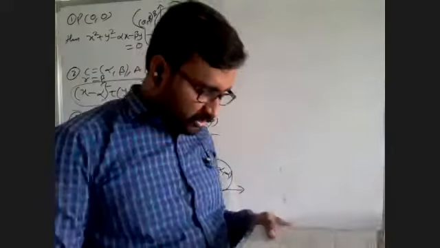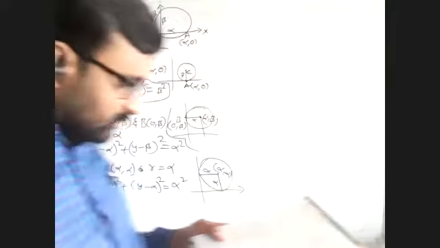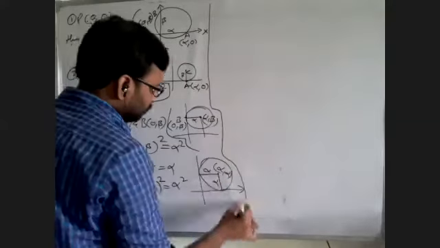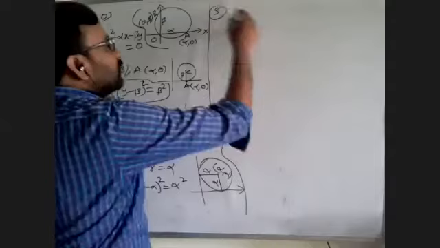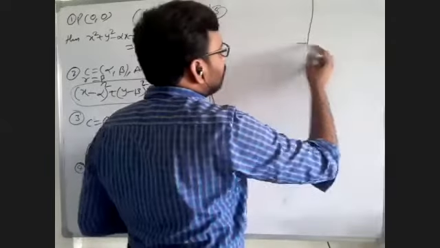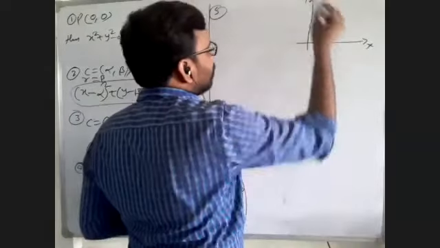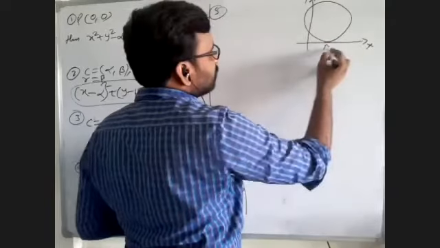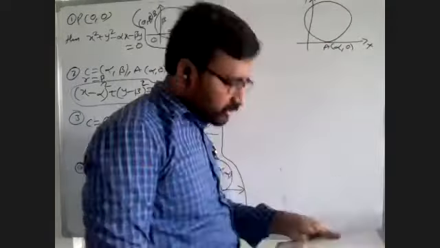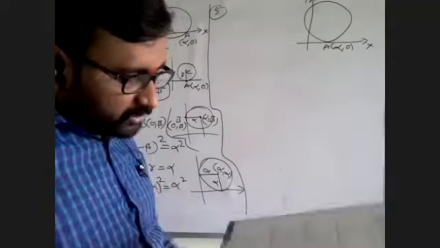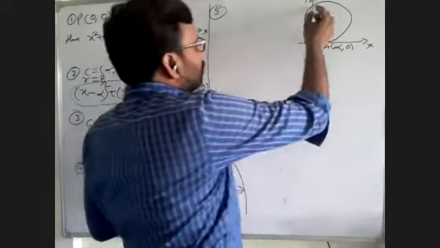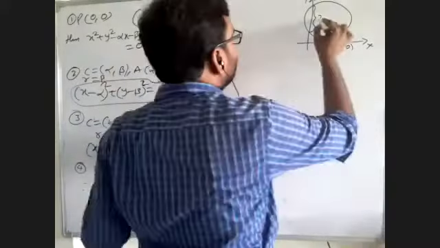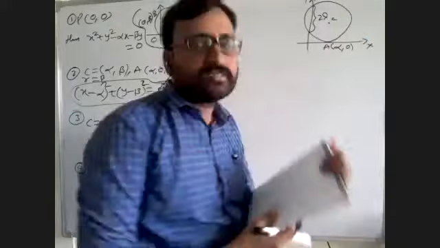And when the circle touches the x-axis at alpha comma 0 and cuts the y-intercept with length 2l, fifth one: when the circle touches the x-axis at some alpha comma 0 and cuts the y-intercept. This is the y-intercept. It cuts the y-intercept with what length given? The length of the y-intercept is given as 2l, and this is the center. And what is the equation of the circle?